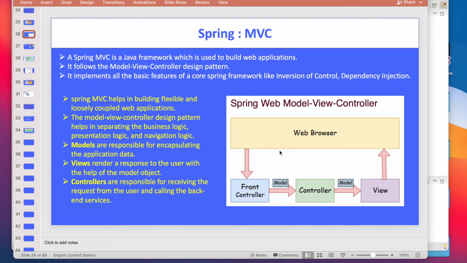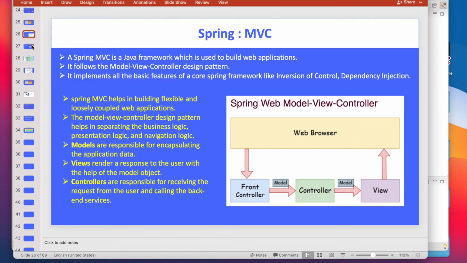But in a nutshell, if your web browser is like this and you give any request, that request is captured by the front controller. So we will have one front controller and we could have many controllers. Controllers are the actual ones that do your job. The front controller just delegates your work, according to your request, to the different controllers, right? Then the controller does all the business logic and sends the model to the view, and the view shows the data on the web browser that we will see.